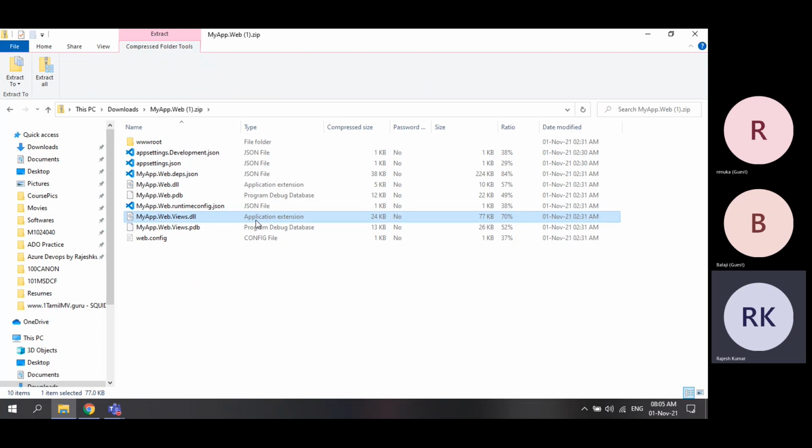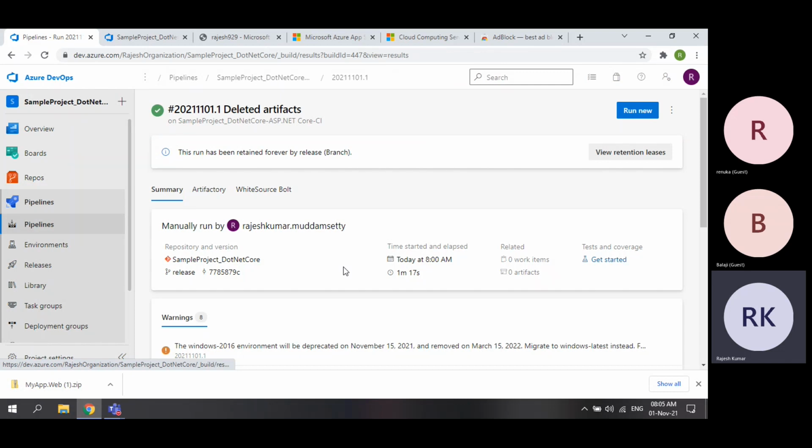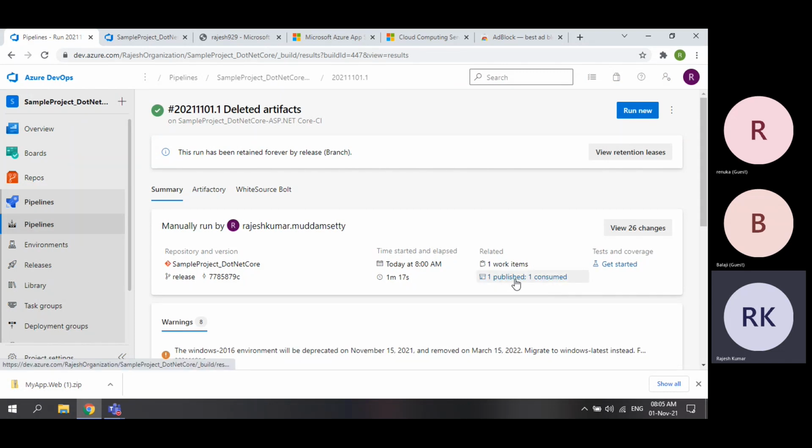So DLL is the output format of .NET application, whereas .jar or .war is the output format of Java applications. All these files are included in this folder. Now my code was built and artifact is ready.